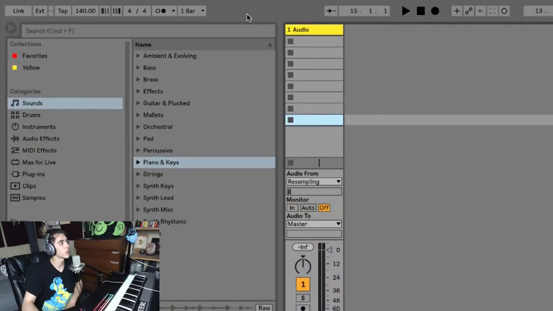So I'm actually going to start with the top left of Ableton here. The first is a link on and off button, and what this allows you to do with it on is link to other Abletons and sync up with each other to write music or perform music together. To the right of that, you have a tap tempo button, and what this does is I can tap in a tempo here,